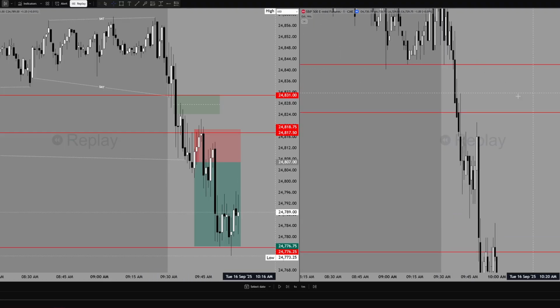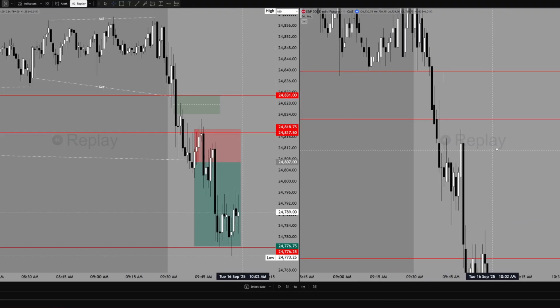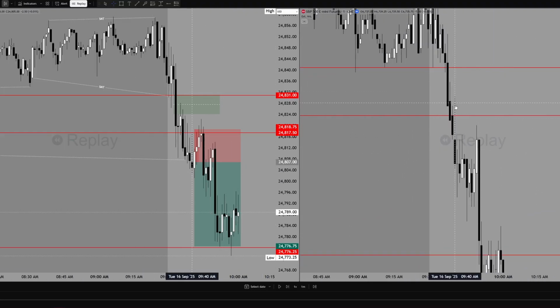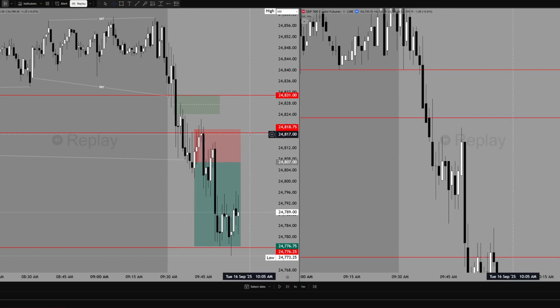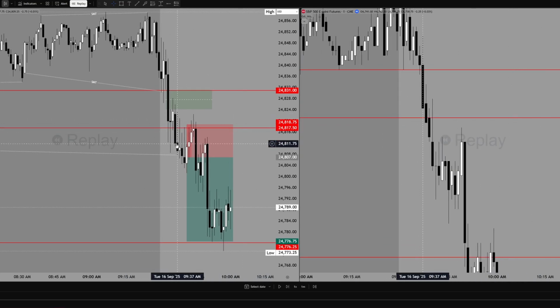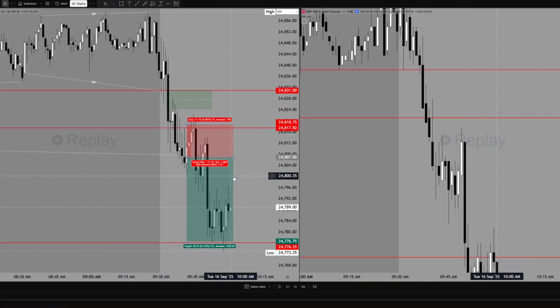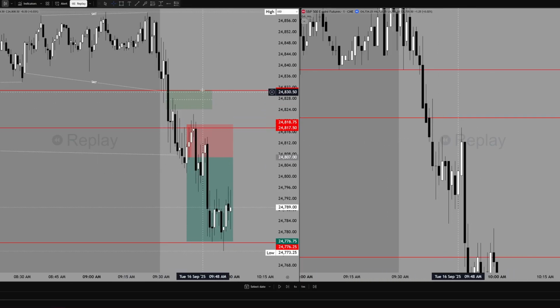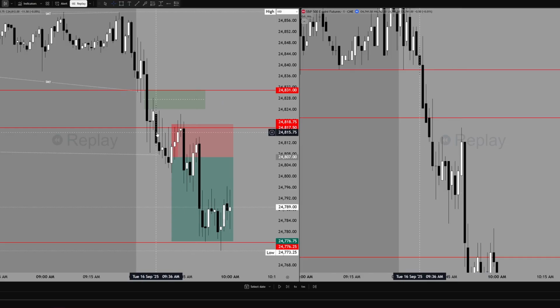ES also hits stop rate, so I have to make sure to wait a little bit to see what happens on the draw. But it keeps disrespecting it. Still goes lower. Then I wait for manipulation. I kind of didn't wait for manipulation, but probably that should have been my trade. Or I just have a proper stop loss, which I didn't. I could have waited for this, I think. Yeah, market goes up, and then this area right here.